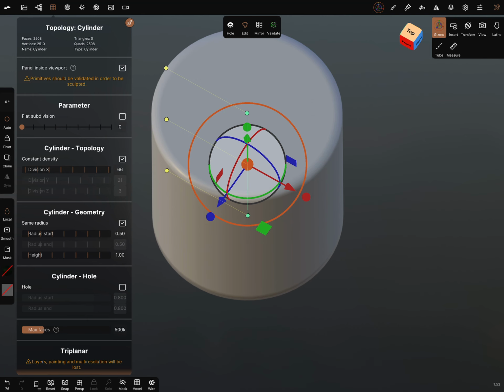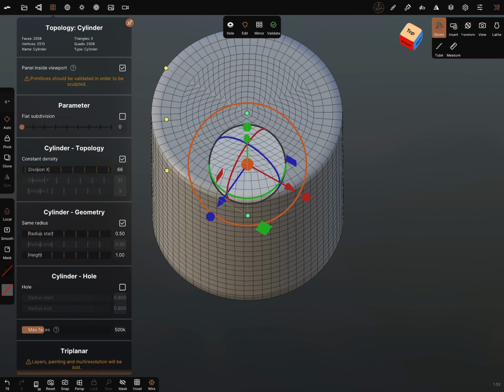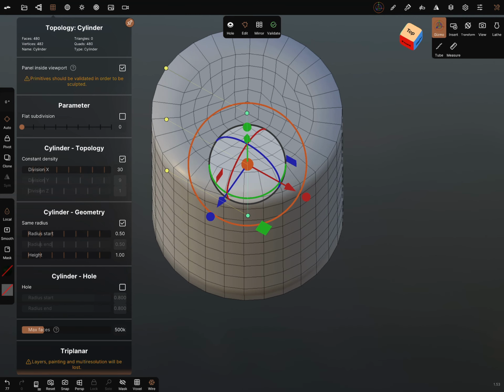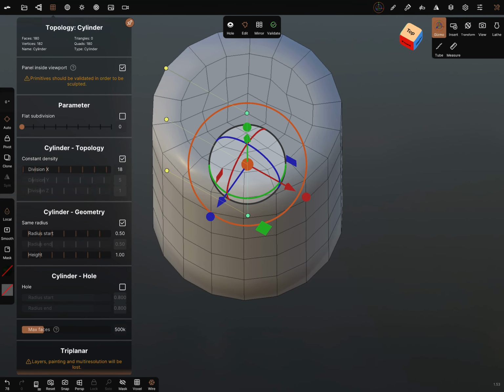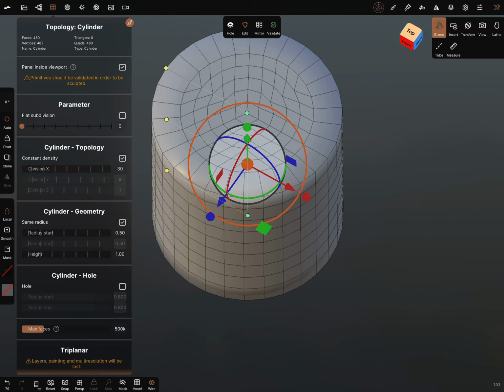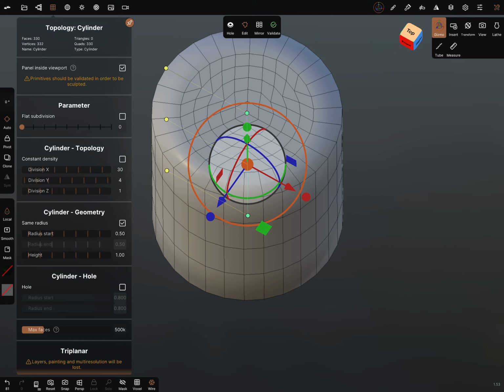I'm turning the wireframe on, and I reduce the division. I think this is okay. I turn constant density off and set the y division to 1.